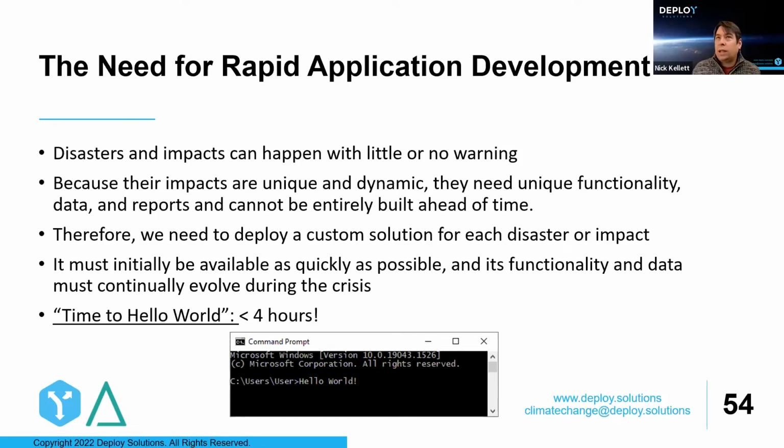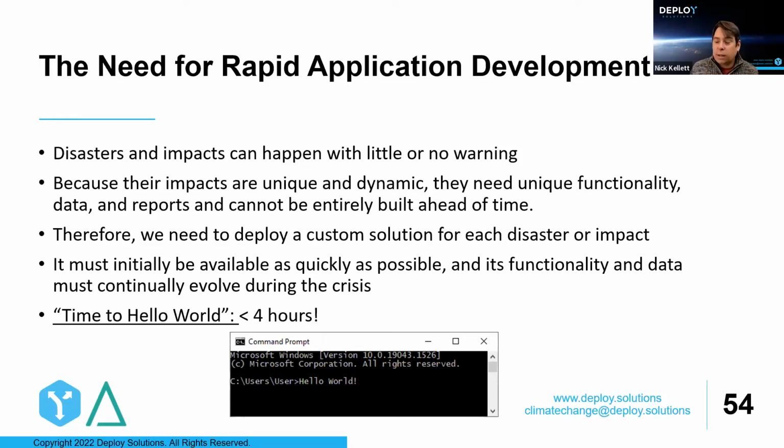So what that means in practice is, with just a few hours or a few days worth of warning, an application has to be built that's really fit for that purpose. There's a concept in programming, and again, I'm not going to get technical, but basically the idea is when we start working with a new code or new data, we just write the words "Hello World" to the screen. And the idea is that this is our first chance to interact with the computer and get the thing to start to run, and then we can build on there.